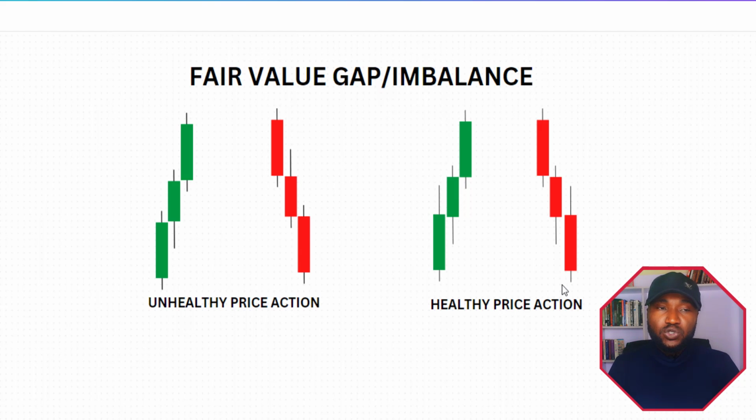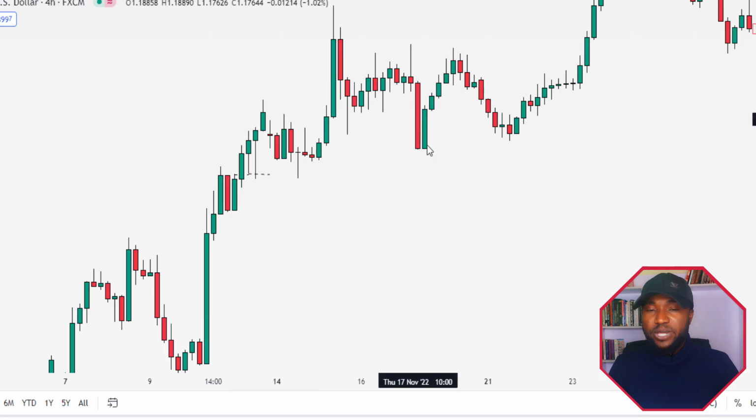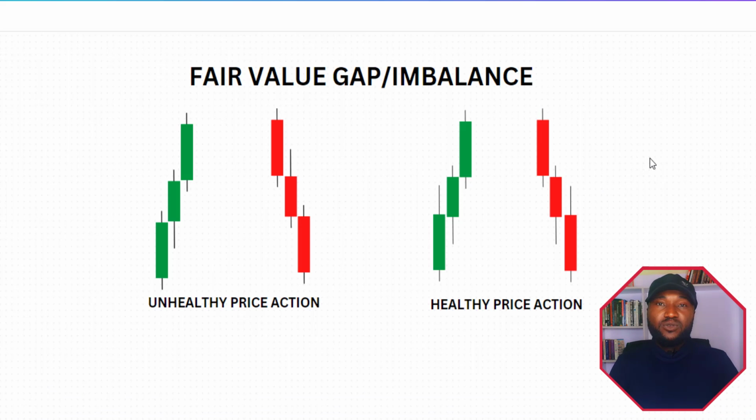and then we are going to go straight to our chart and check where to find a fair value gap and how important a fair value gap is. So right here I have a sketch where I try to explain what a fair value gap is for you before we go to our chart and find them literally on a chart. So in a healthy price action, now we can see on this side of my drawing,